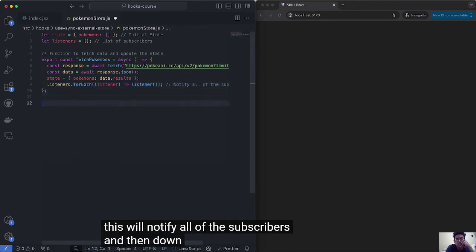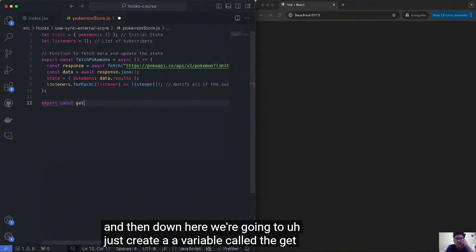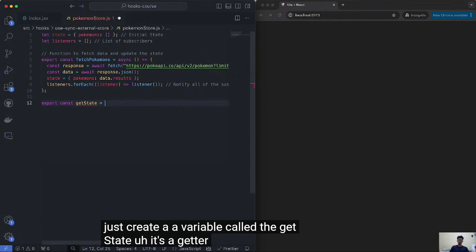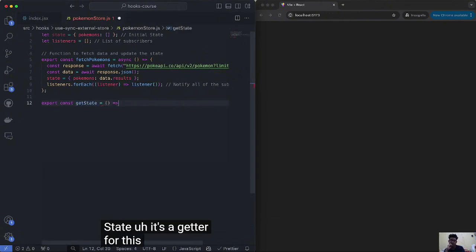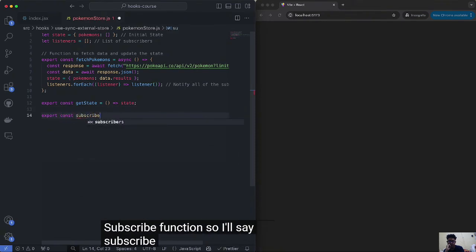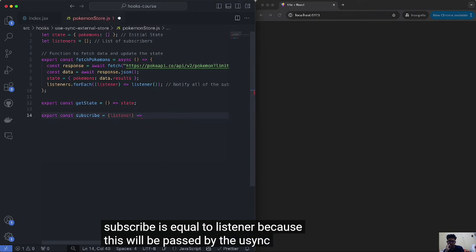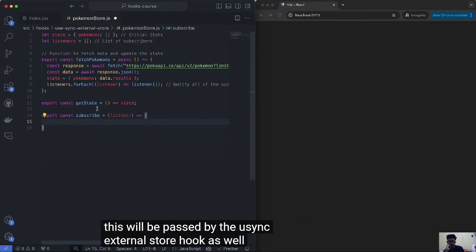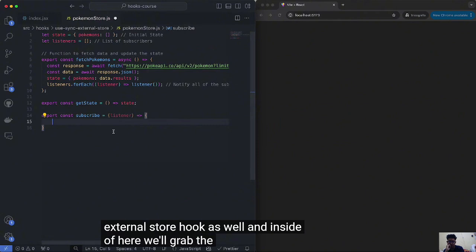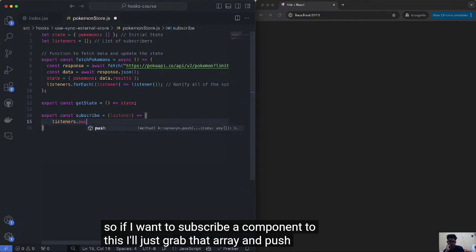And then down here, we're going to just create a variable called get state. It's a getter for this state, the state of our store. And we'll also have to create the subscribe function. So I'll say subscribe is equal to listener, because this will be passed by the useSyncExternalStore hook as well. And inside of here, we'll grab the listeners array. So if I want to subscribe a component to this, I'll just grab that array and push the listener that we're